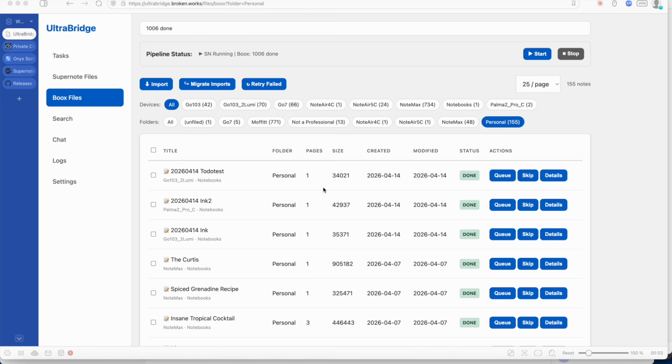So, I've talked a little bit about the capabilities of this software before. Basically, what it is, it serves as a unifying framework right now for Supernote and Boox devices, to make it possible to search across them, to unify a task management framework for them. So, like to-do lists and so on, where you've got bidirectional, really tri-directional